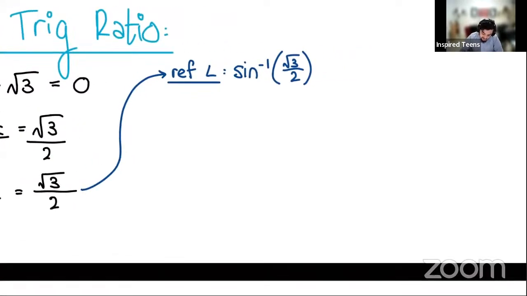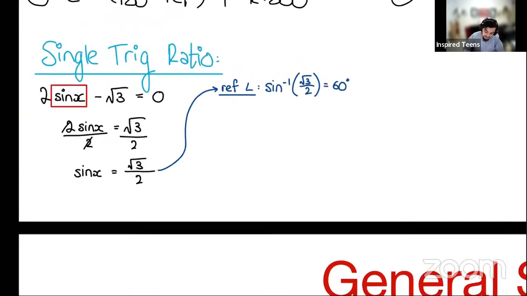And whatever answer I get there, so how do you solve for this? You put it in your calculator. So in your calculator, you're going to say shift sine root 3 over 2. The sine symbol is on the 3rd row, the 4th button, and shift is on the top, you guys should know this. When I say shift sine root 3 over 2, you get 60. You don't have to get a whole number or a special angle. It could be a number with decimals. It doesn't really matter. But in this case, we're getting 60 degrees. So our ref angle is actually 60 degrees.